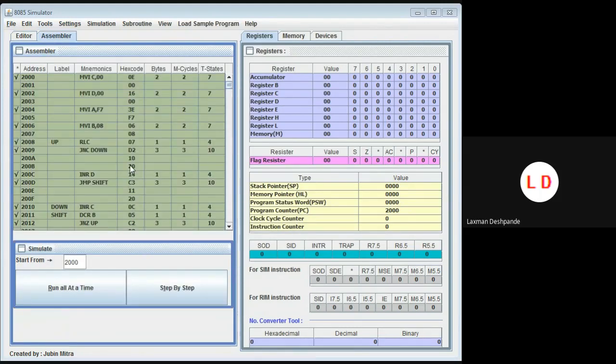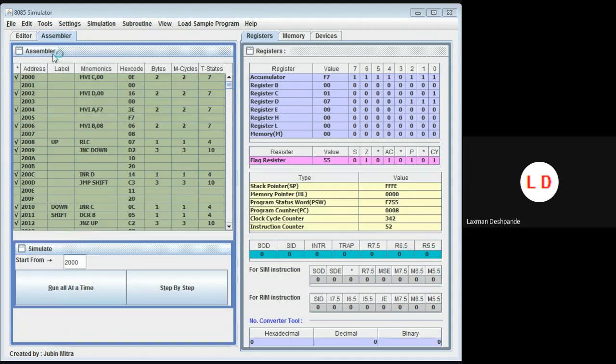Now in the assembler workspace, the accumulator is being initialized with F7. The rest of the things are retained as they are. Now if you execute the program, register C should have 1 and register D should have 7, because in F7 the number of ones is 7 and the number of zeros is 1. So let us go for the option run all at once. Now you can check the registers. Accumulator is having F7, register C is having 01 and register D is having 07.